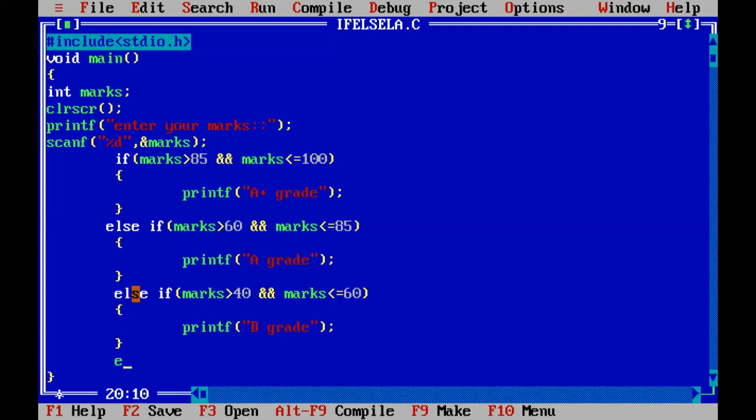Then else if marks greater than 30 and marks less than or equal to 40. Then we can go for the C grade.